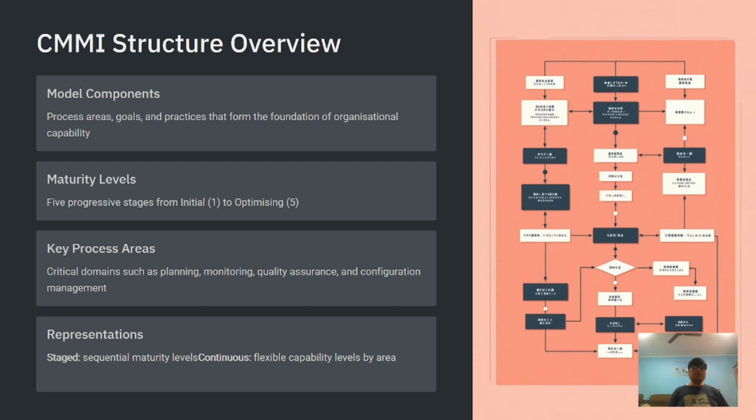CMMI: how actually is the structure of CMMI? One is the model component. Under the model components, we have process areas, goals, and practices that form the foundation of the organizational capabilities. What are the process areas? Let's say a process area is the planning phase, a process area is the estimation phase, a process area towards the templates of different